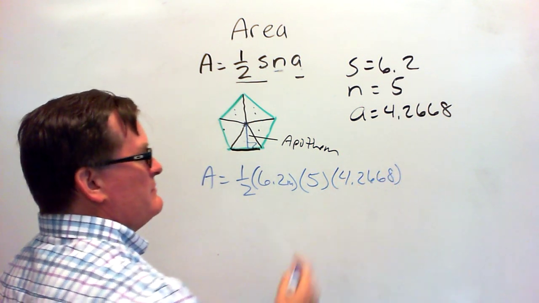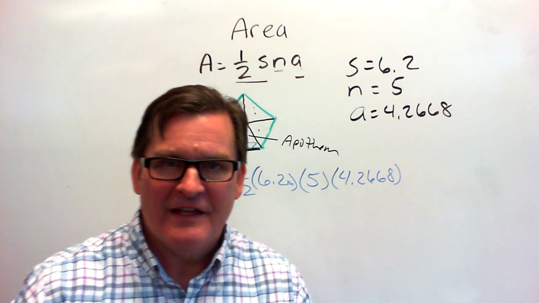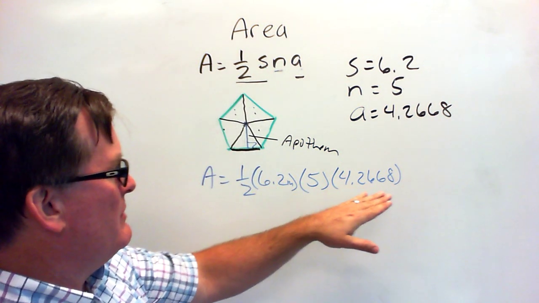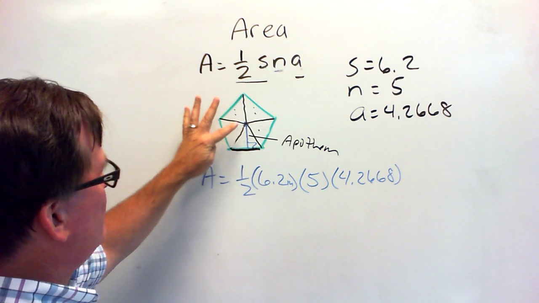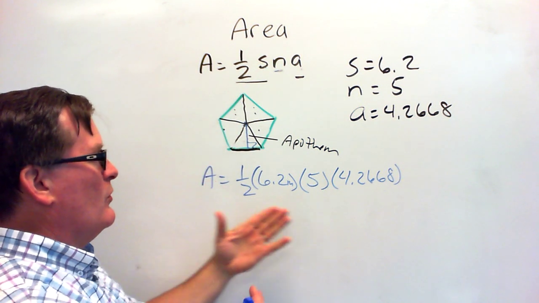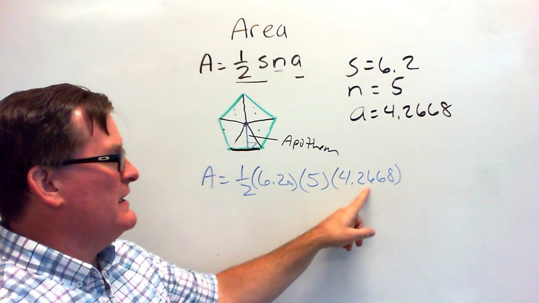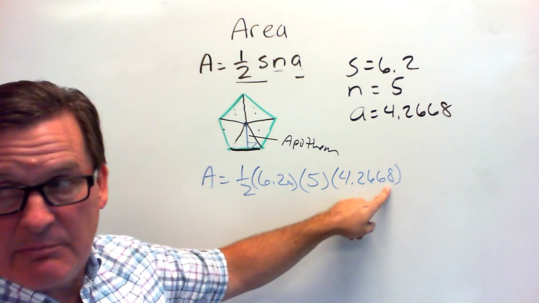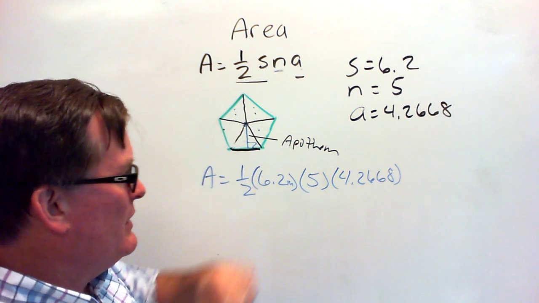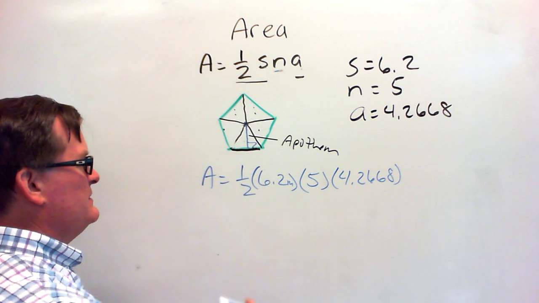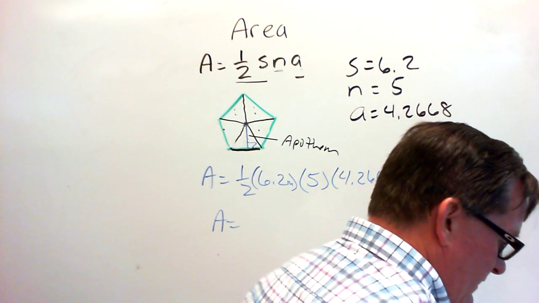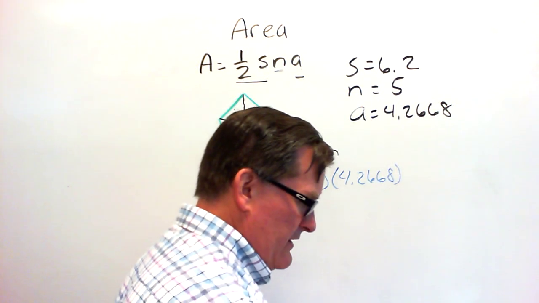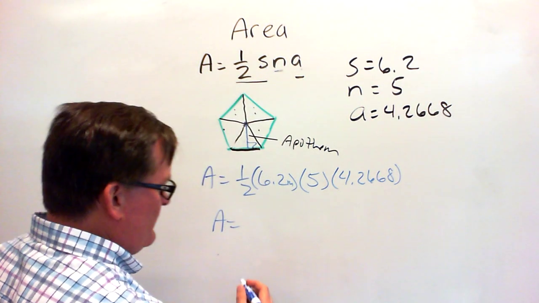4.2668. And the apothem is usually an odd length, a rounded non-terminating decimal, because it's really an obscure measurement. The side lengths may be more roundable or closer to a whole number, but you're going to get some odd measurements for the apothem, so just be used to that. Break out your calculators to do the calculations. When I plug all that into my calculator, and I'm not going to go through that for you because I'm assuming you know how to do that, the answer you should end up with is